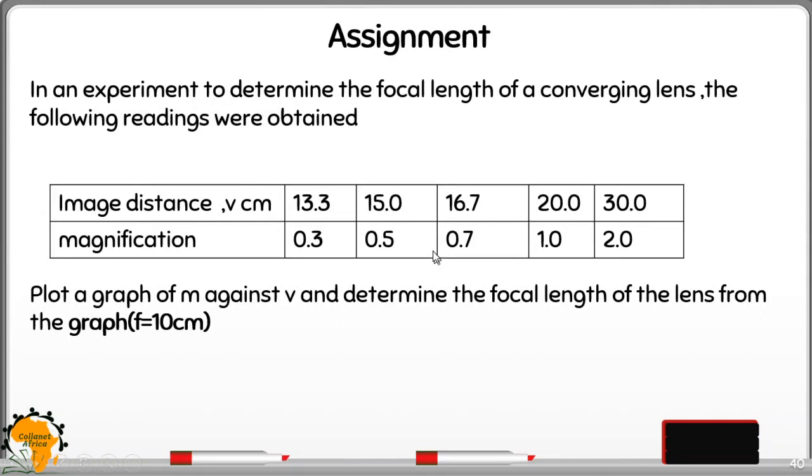Then we proceed to the assignment. In this assignment, you are supposed to plot a graph. Make sure that you use an appropriate scale and get the value that is given here. This will help you to practice,